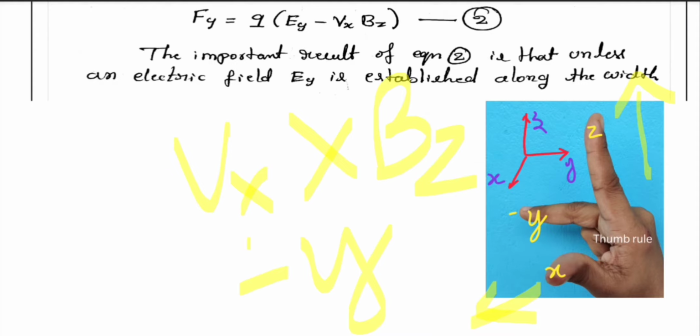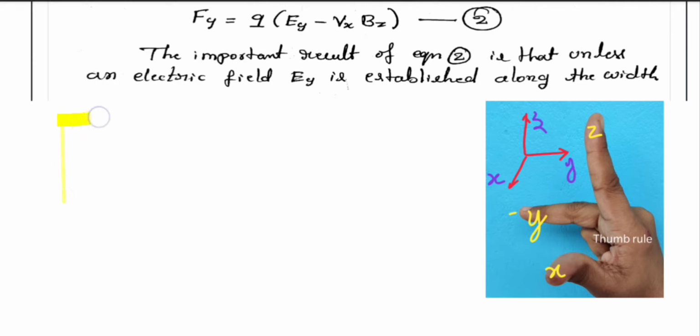According to the Lorentz force equation, when a semiconductor material is placed in the magnetic field, an electric field will be generated, right? So an equivalent force will be exerted. That force exerted by the magnetic field is given by F is equal to Q into Ey. So these holes will get deflected to one end of the semiconductor.